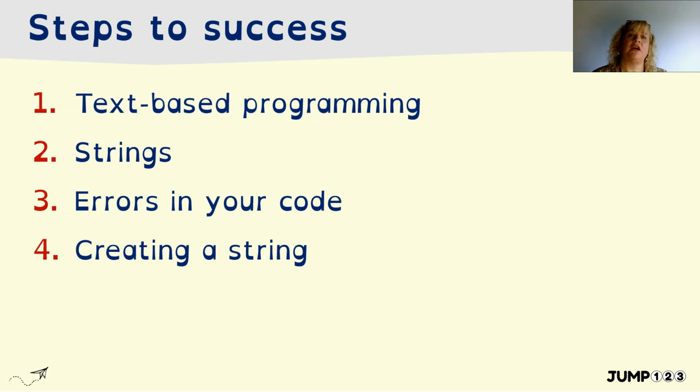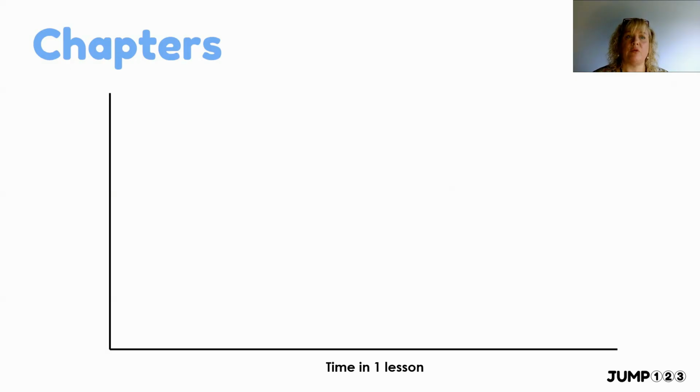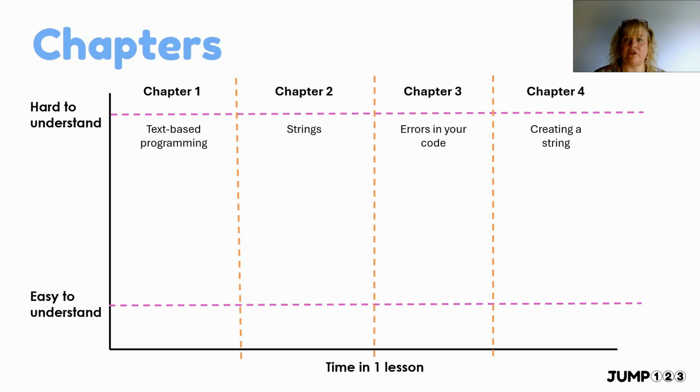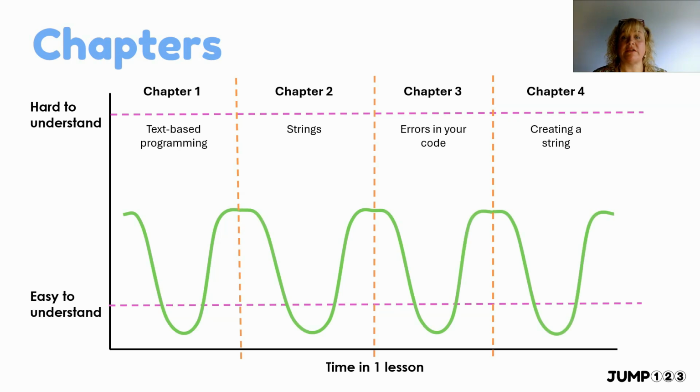So if you have a look at how chapters might help in a lesson, we've got our lesson, we've got our semantic wave barriers there, and I've actually split it up into the different chapters. And for each chapter we have our own semantic wave. Now these are much lower because it's much easier what they're learning. It's a shallower wave. There's not so much that we're introducing right at the beginning of the lesson.